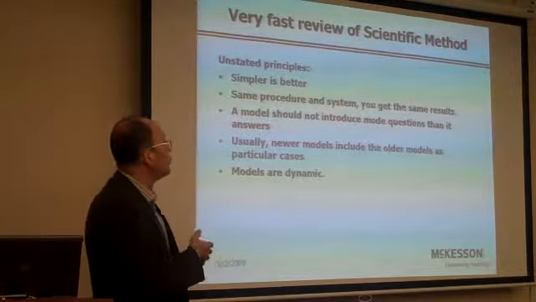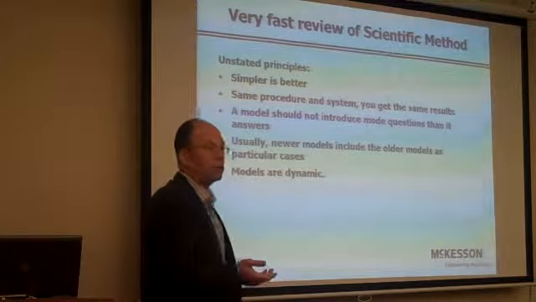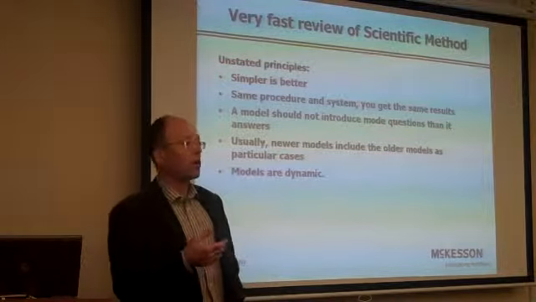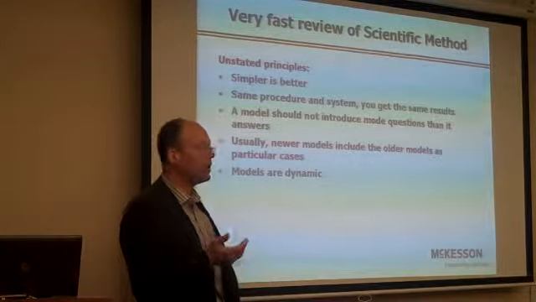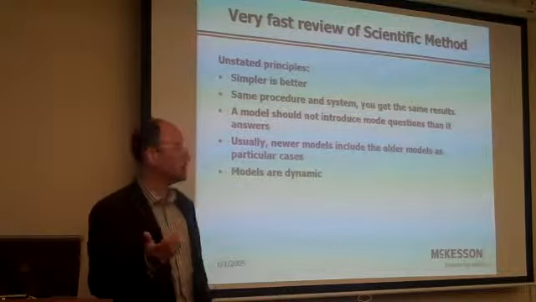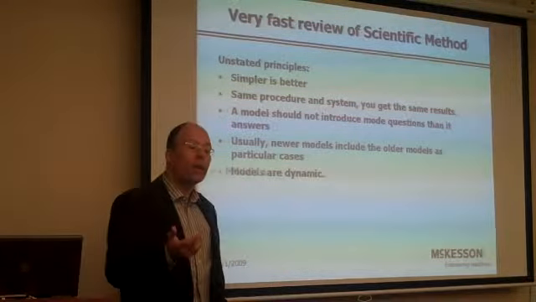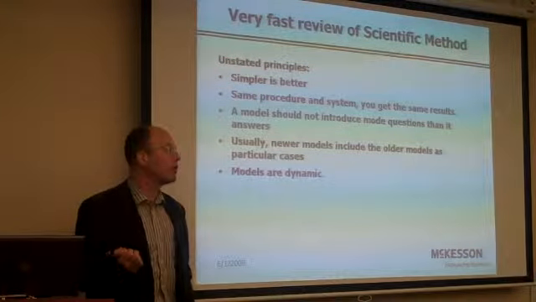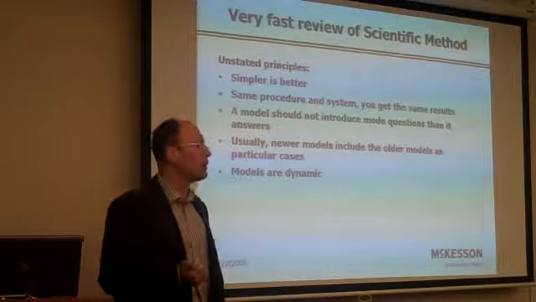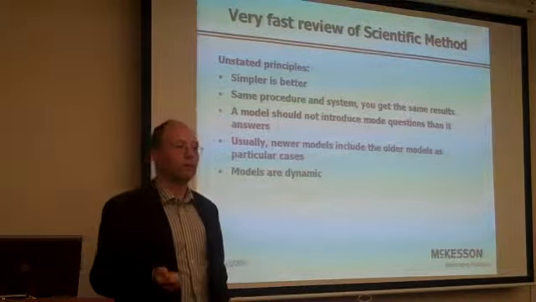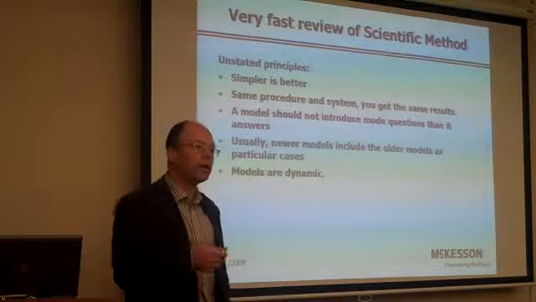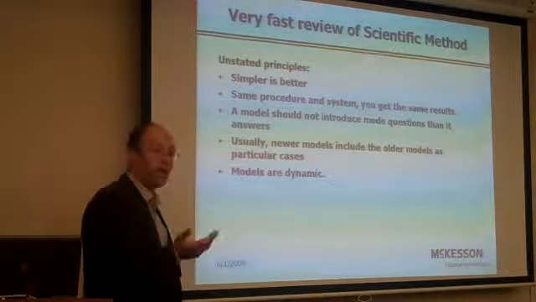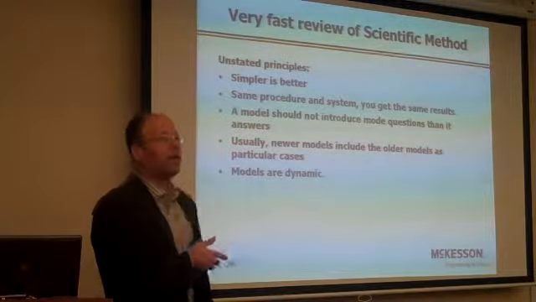A model should not introduce more questions than it answers. I can create a model saying that my performance problems are caused by a little dwarf that lives in the machine. It's a hypothesis. However, how many questions does the hypothesis create? How is the dwarf able to eat and drink? Who put the dwarf there? When he's on holidays, why am I still being served? Does he have a substitute? Then I have two dwarfs. It's a hypothesis, but it complicates the explanation a lot.